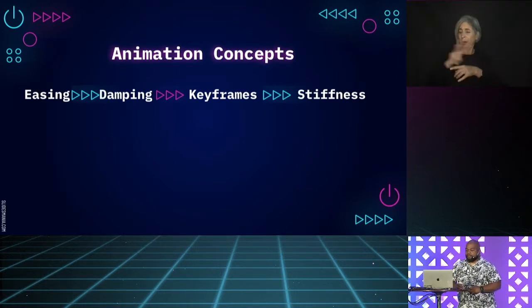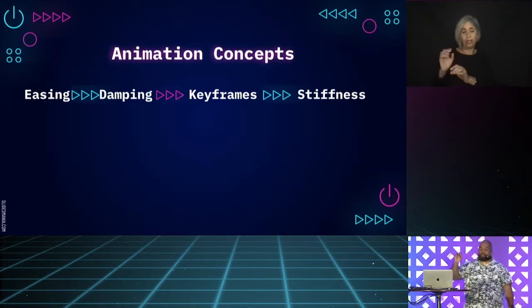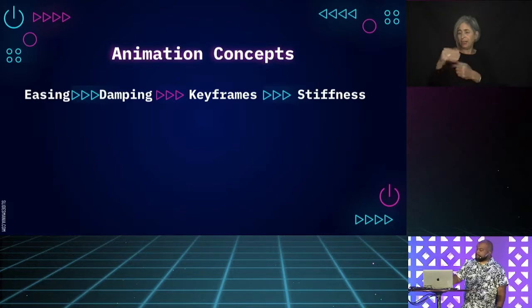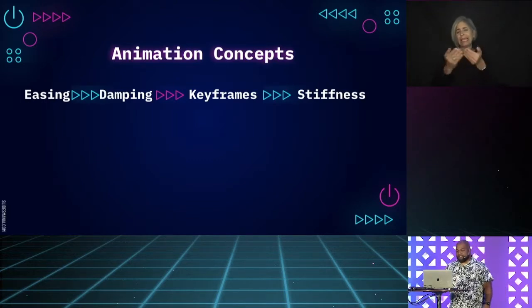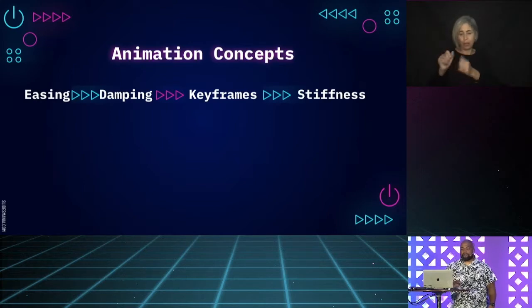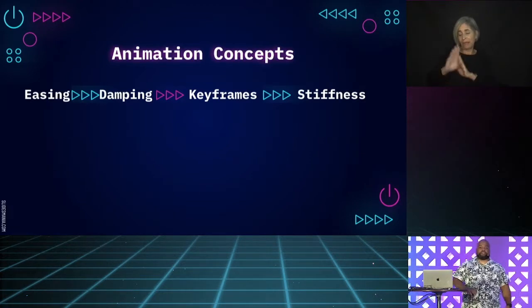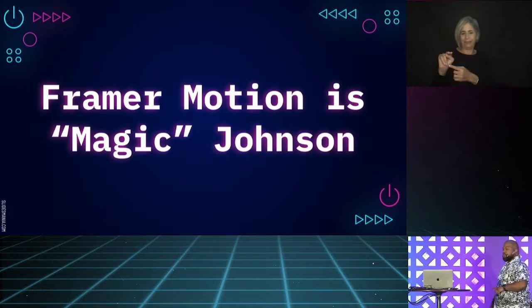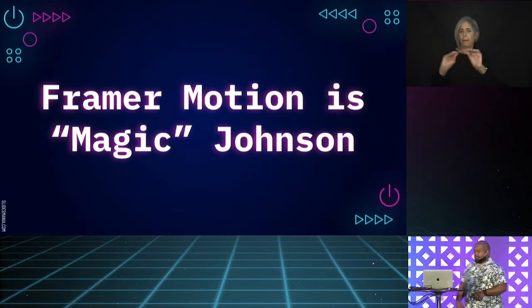And because of that, animations get thrown to the back burner because they don't seem important and because websites still work. So, in order to improve that experience for our users, which is the reason why we're building applications, there needs to be something that can ease the transition to make more interactive applications without developers having to completely change how they develop apps. Developers need a Magic Johnson. Framer Motion is Magic Johnson.